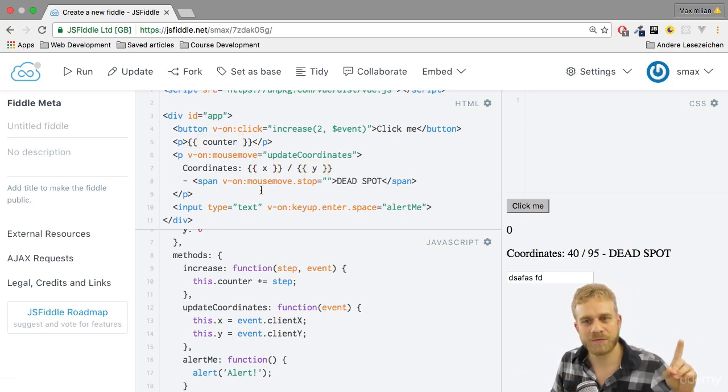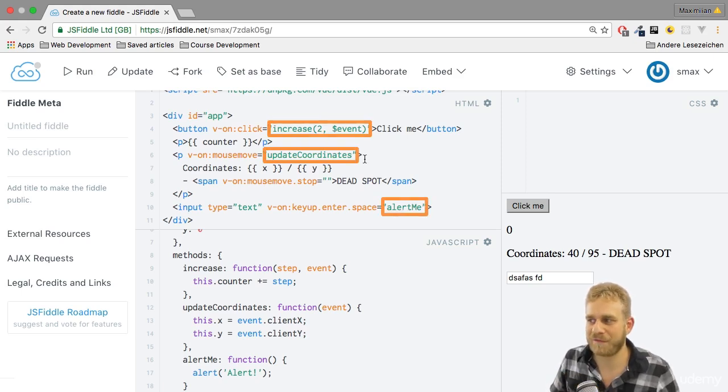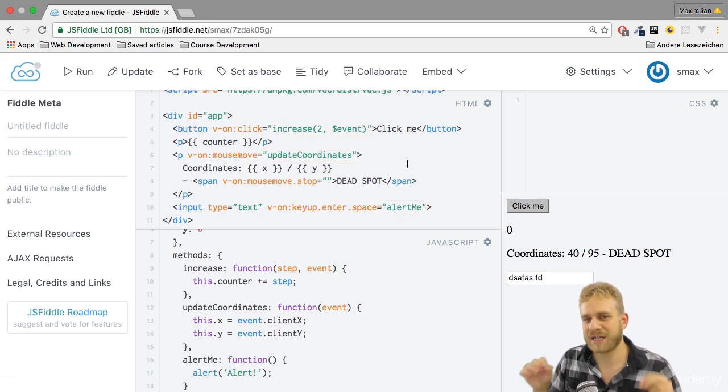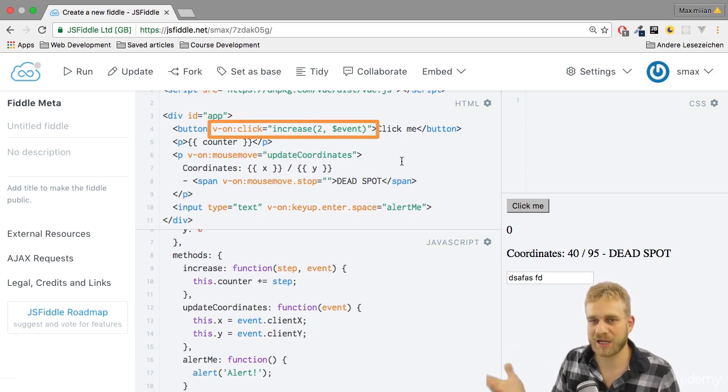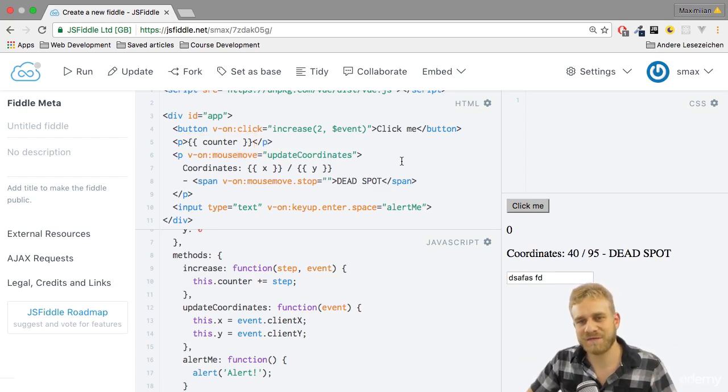Before, we saw though that we also could call a function, which worked fine. That is, by the way, how we mostly use it for events. Here we simply pass the reference to a function, to a method we want to execute. Be aware that in all the places where you can access your Vue instance, so here when listening to a click event, or here when outputting the counter, so whenever we access our Vue instance,